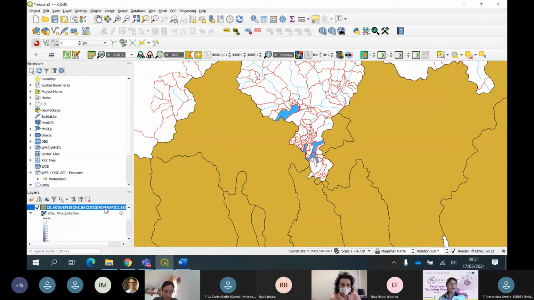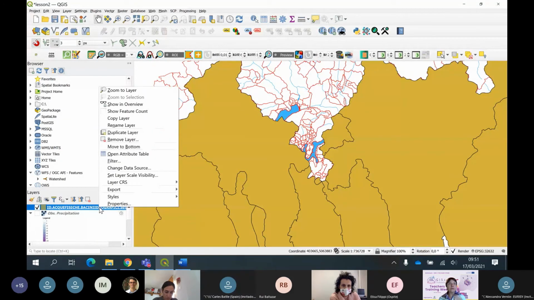So first of all, by right-clicking on the name of the file, which is something that you saw already yesterday, there is the possibility of working on this layer. Like, for instance, I can change